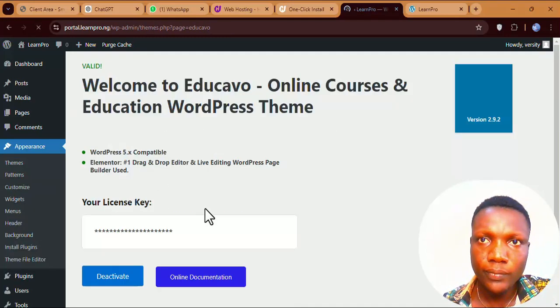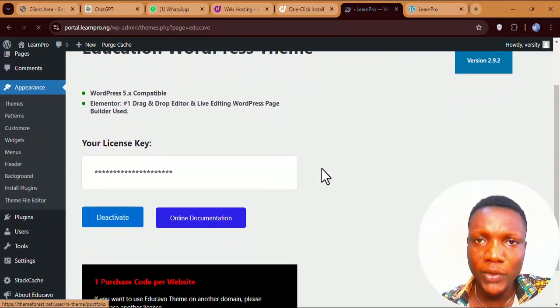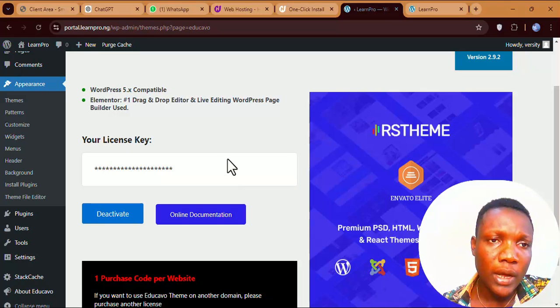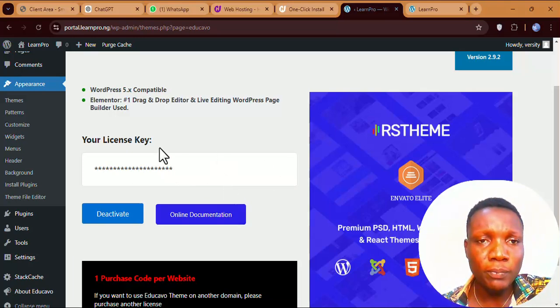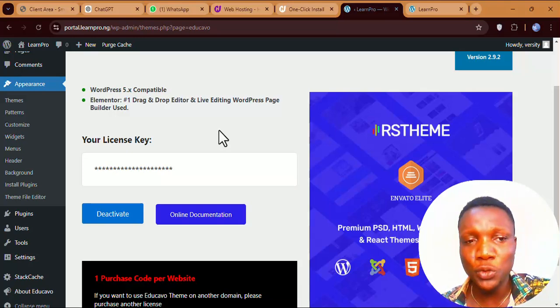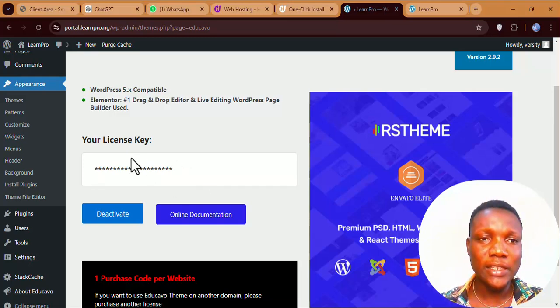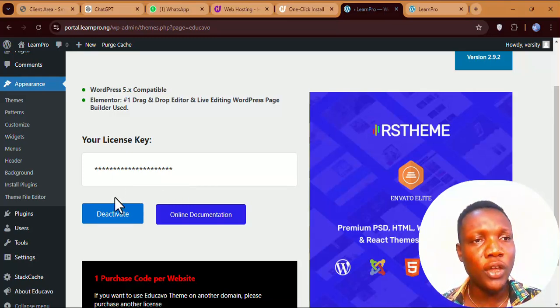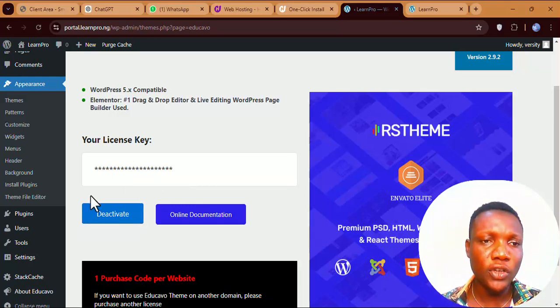Now that we have activated the theme, you have to enter your license key and activate the license. As you can see, I have to cut off that part so that I don't show the license to you. But this is it. Just place your license key here and activate. Once you activate your license, this button will show deactivate. But if you have not activated your license, it is going to be showing you activate. So once you have activated your license,